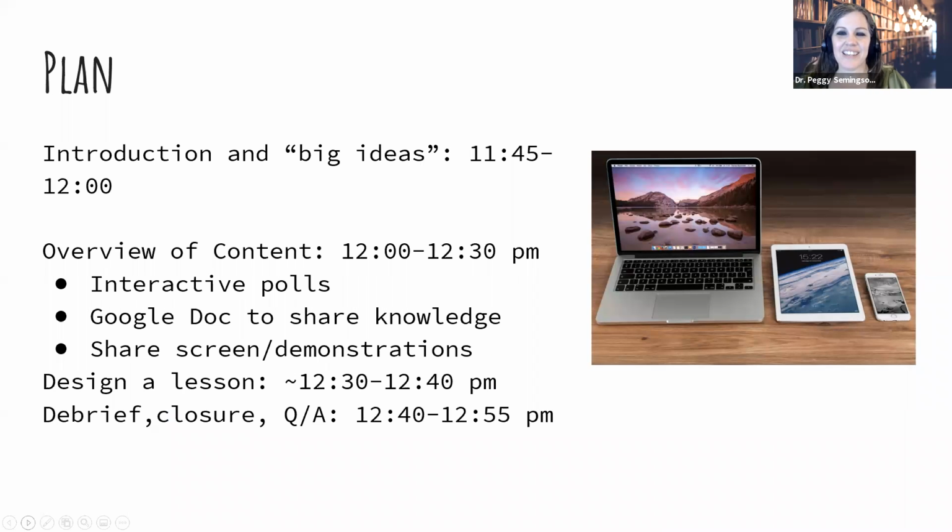Okay, great. Excellent. Here's our plan for the session, and we're going to go over a few big ideas. It's always good to get grounded in the larger ideas of something. Along the way, we'll talk about content, and we have 2 interactive polls, and I believe we'll be getting help on that. Many thanks for the support behind the scenes. We have a Google Doc to share knowledge. I'm going to put that in there. It's the second link that's posted in the chat. So if you can click where it says handout and have that handy, maybe minimize it for now. We're going to be typing in there.